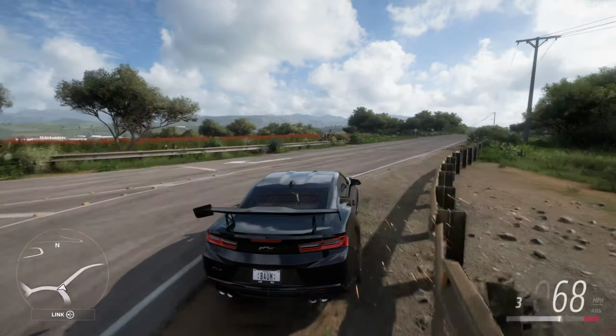Today we're jumping into the summer season and we're going to start it off with the trial event. So let's take a look at that. It is Cars and Stripes. It will get us the 2018 Chevy Camaro ZL1, and the car restrictions are Mustang versus Camaro, and we have